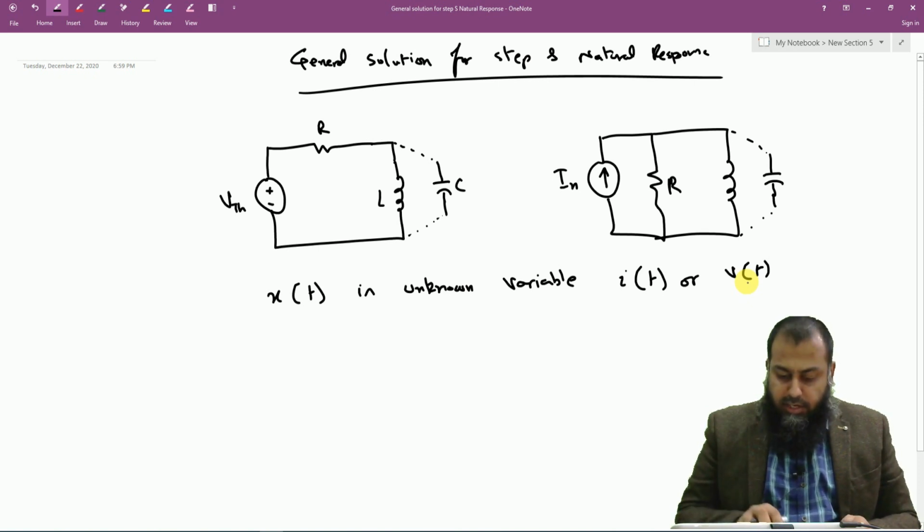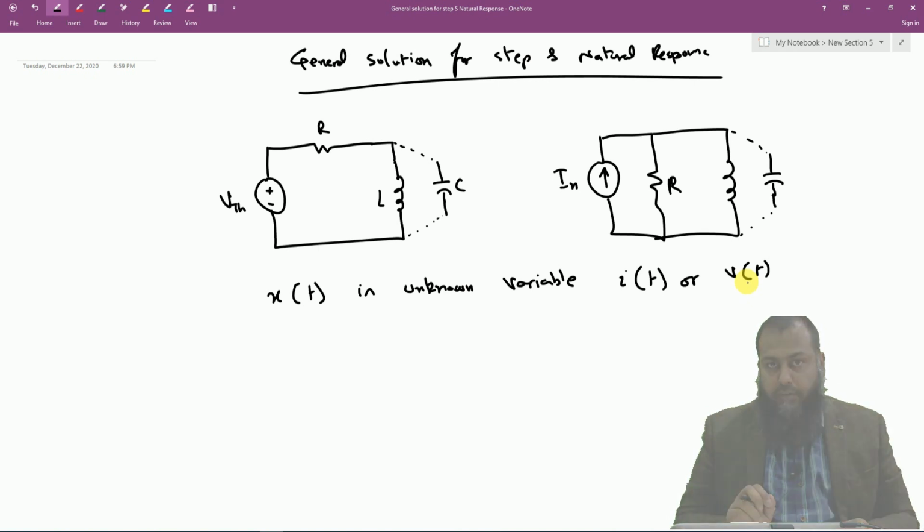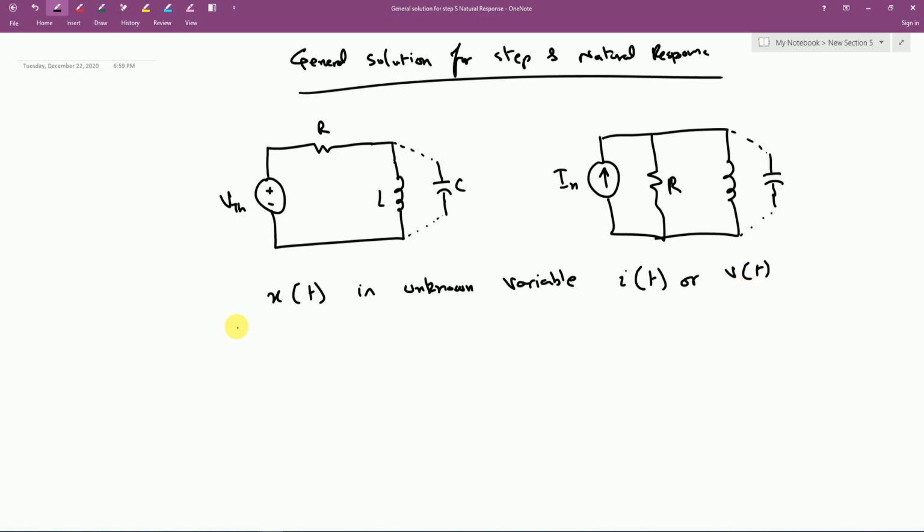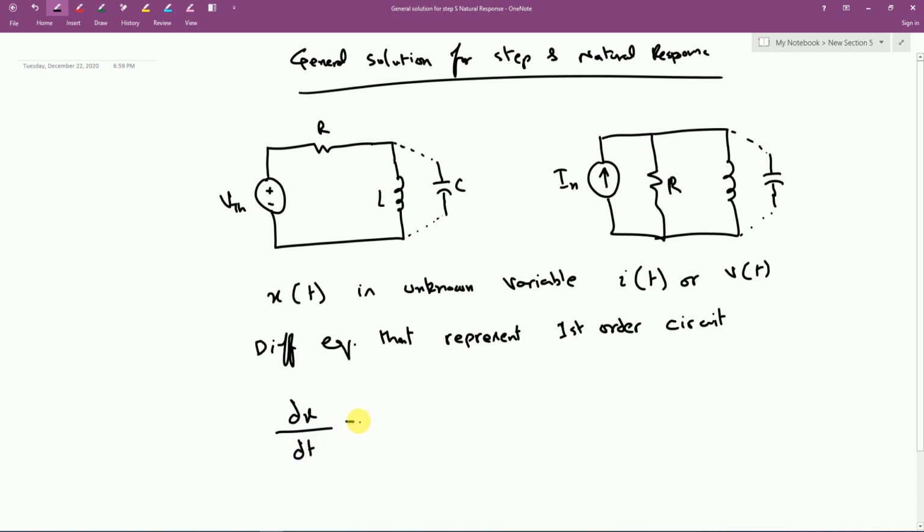Suppose that this is the unknown variable for our given circuit. So the differential equation that represents the first order circuit should be of the shape dx over dt plus x over tau is equal to k, right? Where this tau is the time constant